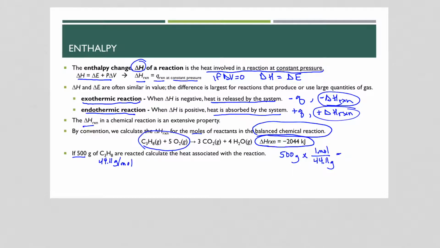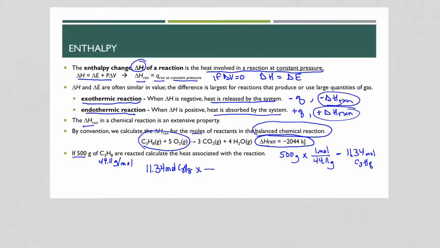And so that gives me 11.34 moles of C3H8. So if I know from here that I have 11.34 moles of propane,